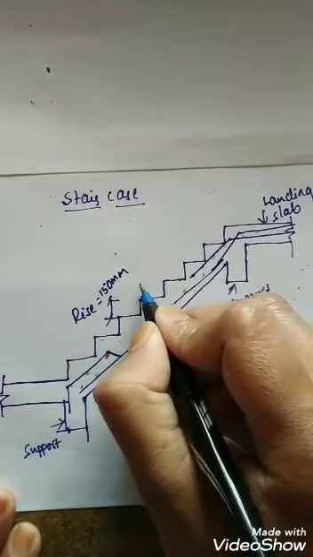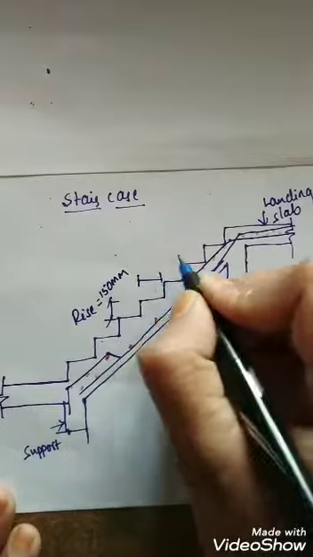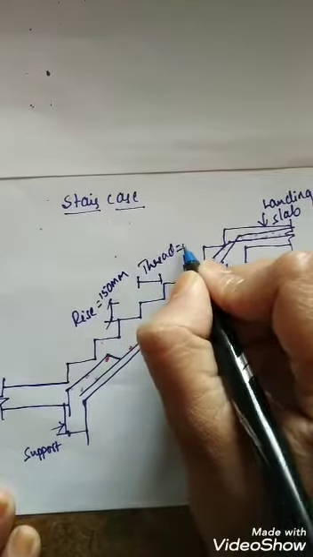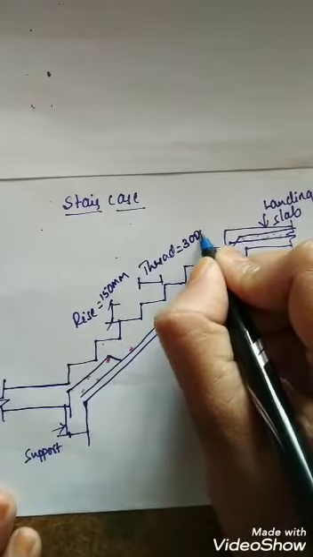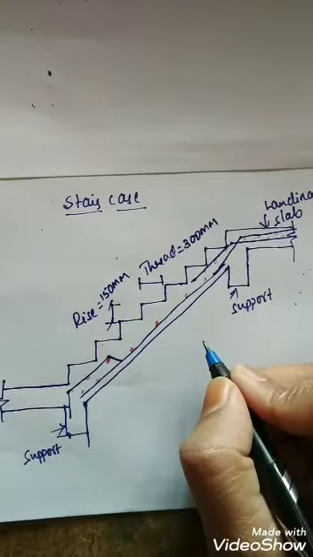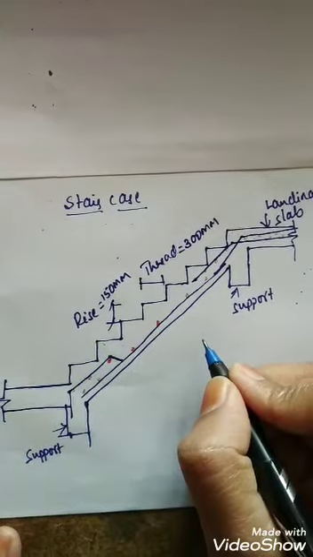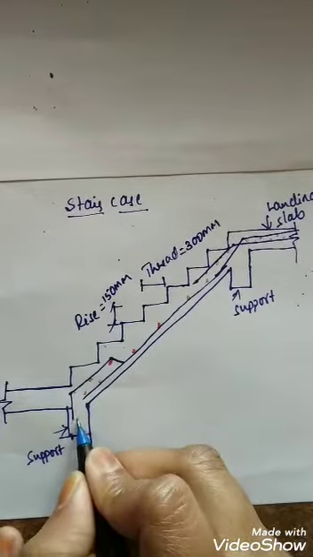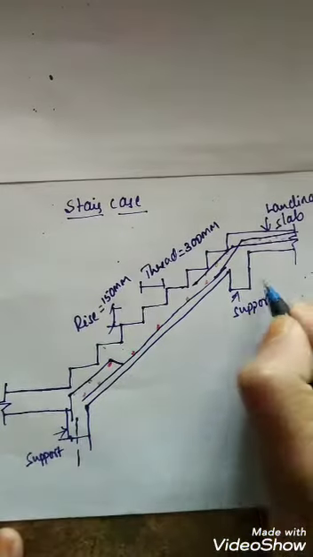And tread, the horizontal distance in the steps, we are calling the tread. Tread normally we give as a standard dimension, which is 300 mm. If it is mentioned in the problem, you can consider that value. If it is not mentioned, then you can take it as 300 mm. And we need to calculate the effective span in the problem.